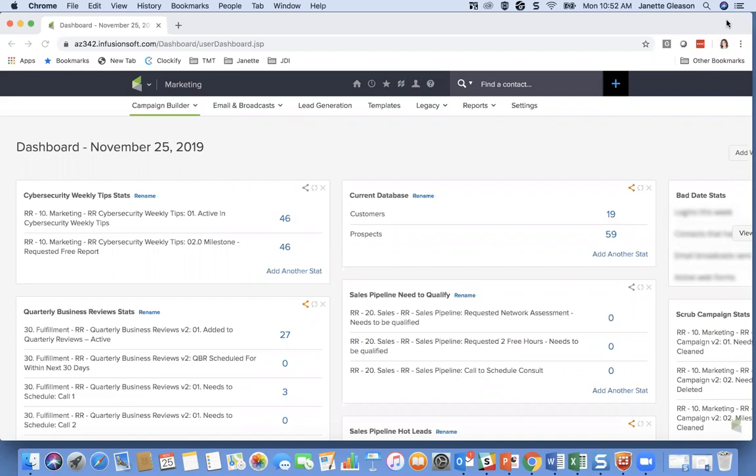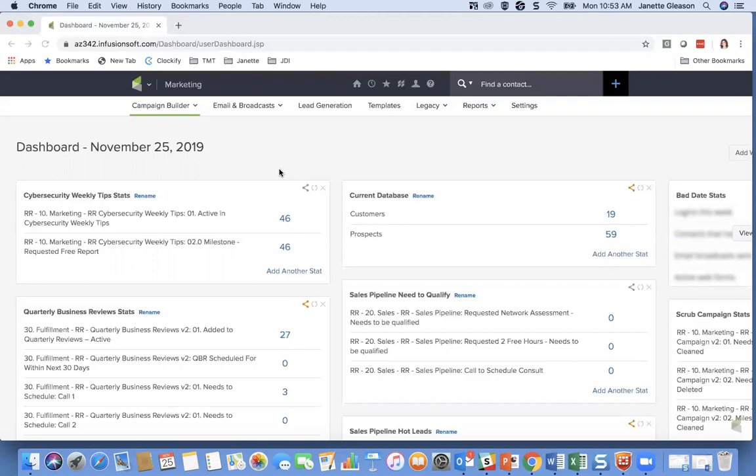Campaign. Today we'll be going over end-user training for the Cybersecurity Weekly Tips campaign. I'll be showing you the widget that we have for this campaign. We'll also walk through how to add an individual contact to the campaign, as well as a group of contacts. There will be a couple of options there to add a group, so stay tuned for that. And then we'll also, as always, walk through the update form for this campaign so you know how to manage